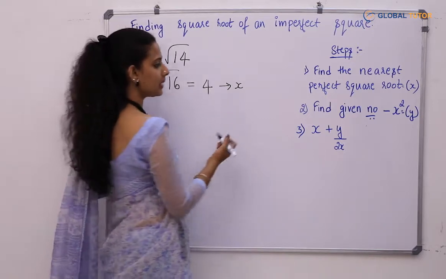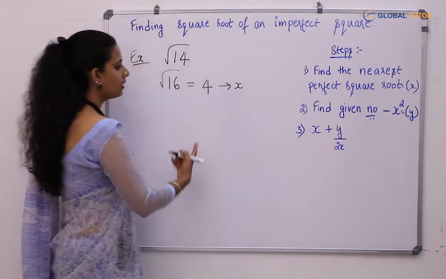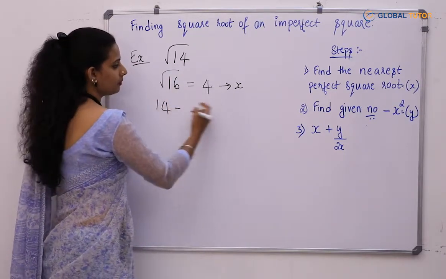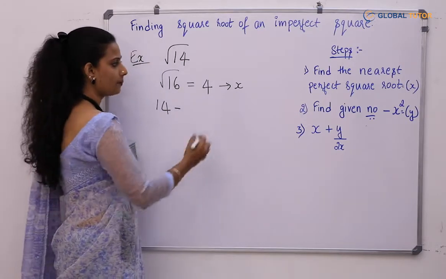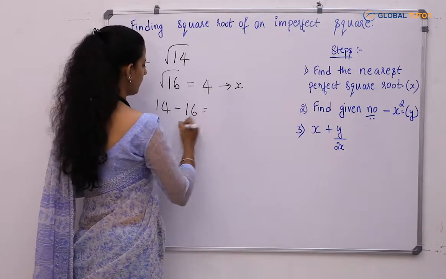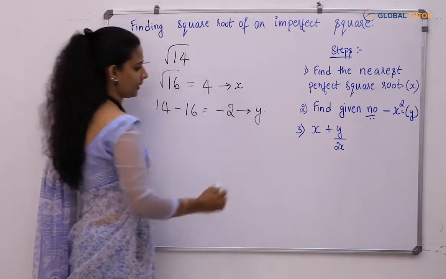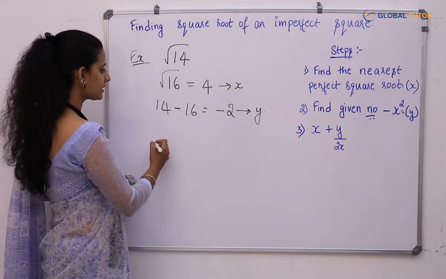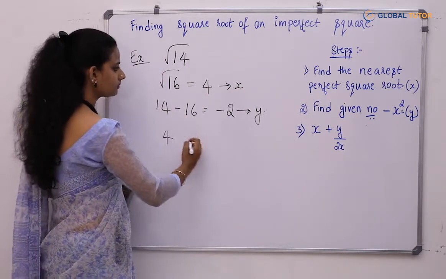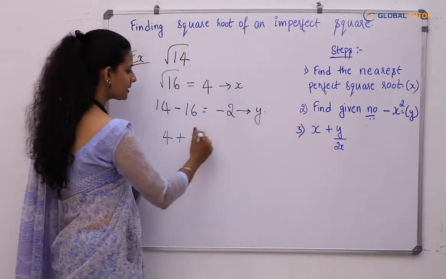In the second step, find given number minus x square. What is the given number? 14. Then minus x square. X is 4. 4 square is 16 and that will be minus 2. So, let's call this y. Now, in the next step, write x which is 4 plus y by 2x. Y is minus 2